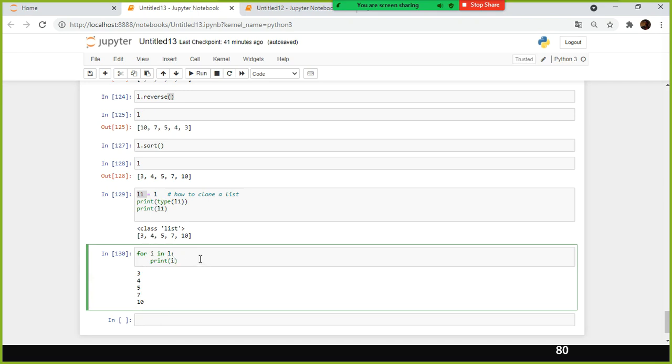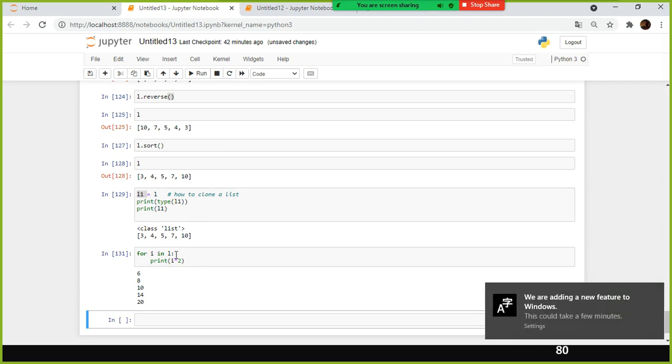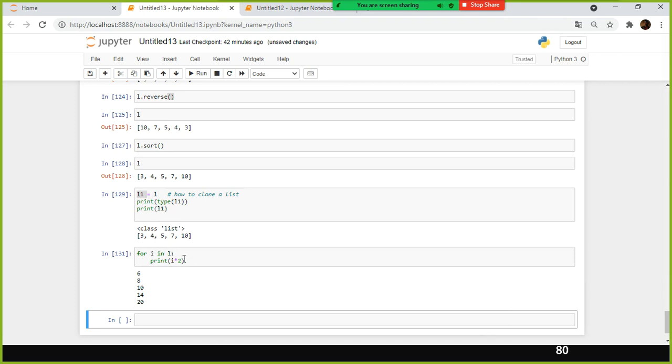And what you do is multiply this by 2. Very simple. In the first iteration it picks up 3 and multiplies it by 2. 4 into 2 is 8, 5 into 2 is 10, 7 into 2 is 14, 10 into 2 is 20.